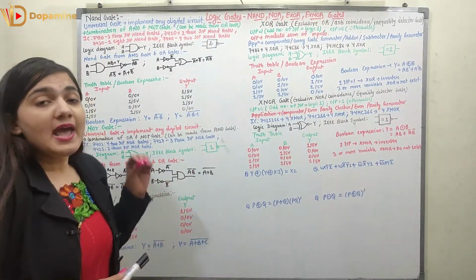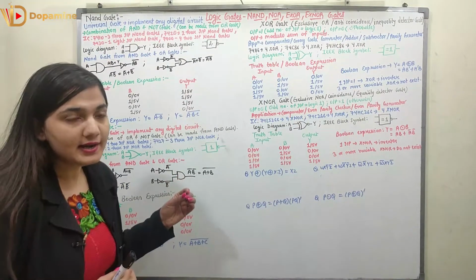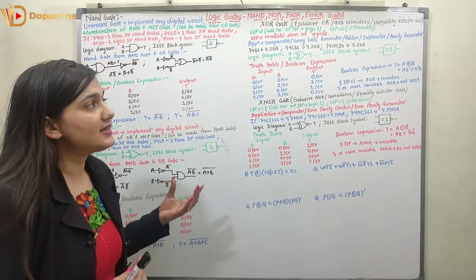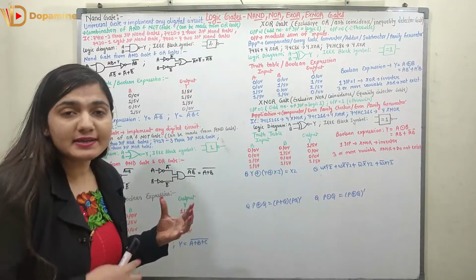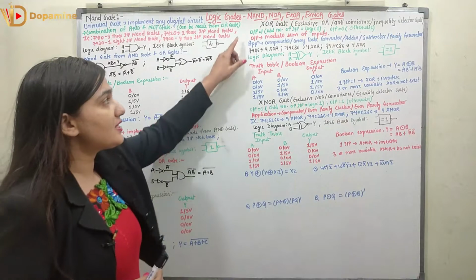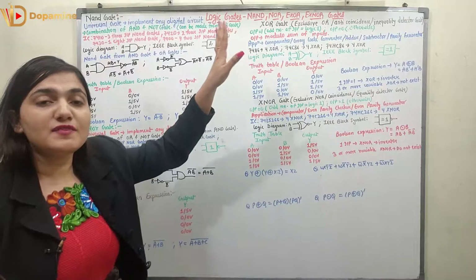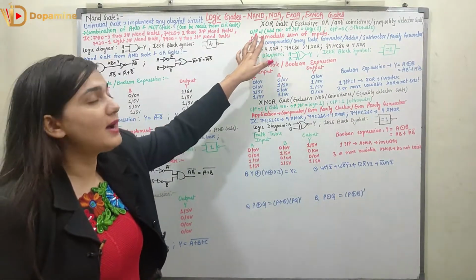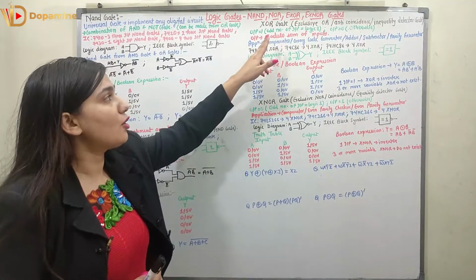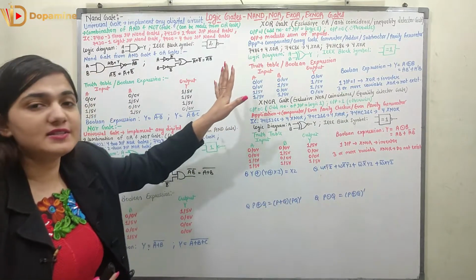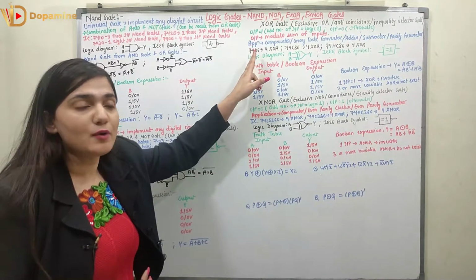Coming to the XOR gate. XOR gate has different names. We call it the exclusive OR gate, right? We call it the anti-coincidence gate. We call it the inequality detector gate. So whenever we have inequality, it is going to give me a high output. The logic is that the output is 1 when I have an odd number of inputs at logic 1. Whenever we have an even number of inputs at logic 1, that time I will have the output as 0. Otherwise the output is 0. So what I can say is, the output is the modulo sum of the inputs.